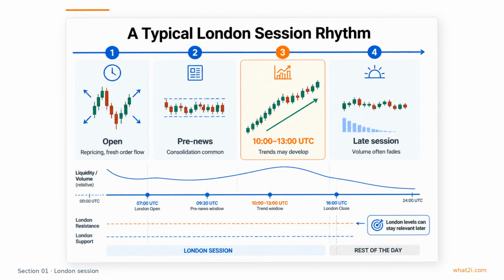Later, as London moves toward the close, volume often fades and the market can lose some of its earlier momentum. Understanding this rhythm helps you avoid reacting to every candle as if it means the same thing. The same price pattern can behave very differently depending on whether it appears at the open, before news, or late